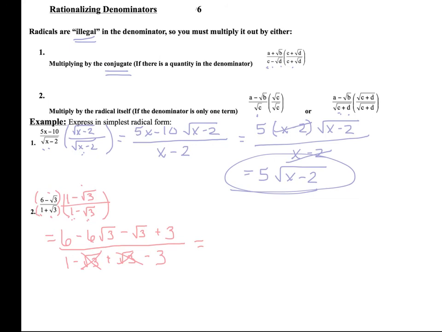So I want to simplify anything in the numerator that I can. So I have a 6 and a 3 that are both whole numbers, so I'd have 9. Negative 6 square root of 3 minus, you could put a 1 there if you wanted to, 1 square root of 3 would be negative 7 square root of 3. And then 1 minus 3 would give me